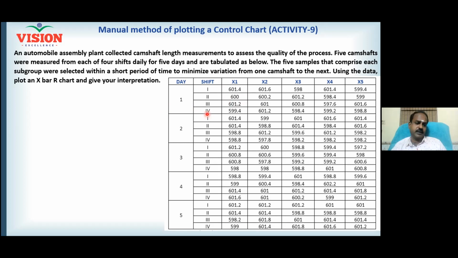So imagine here, let us see how we can use a control chart for our business scenario. You see, there are some numbers. These numbers are nothing but data, because in order to plot the control chart, we need data. Consider these numbers as dimensions. Dimension length, right? The length has to be 600 mm. If the length is more than 600, customer will reject. If the length is less than 600, customer will reject. Only some tolerance will be there, beyond which there will be rejection. So my target is to produce everything around 600.